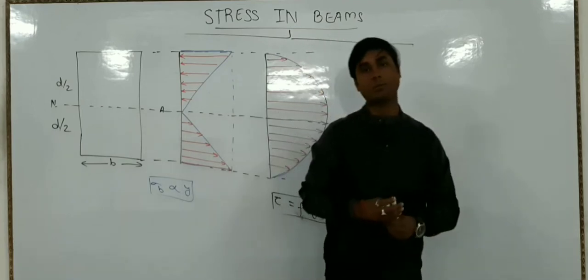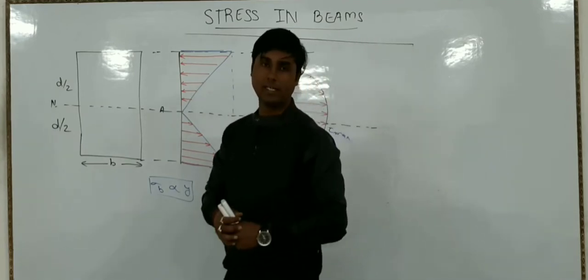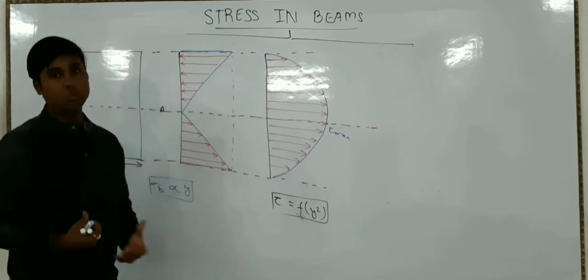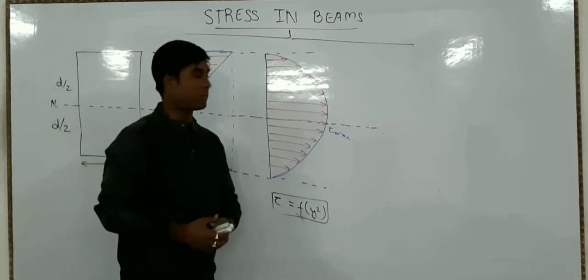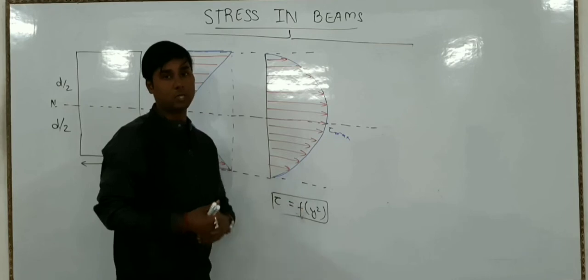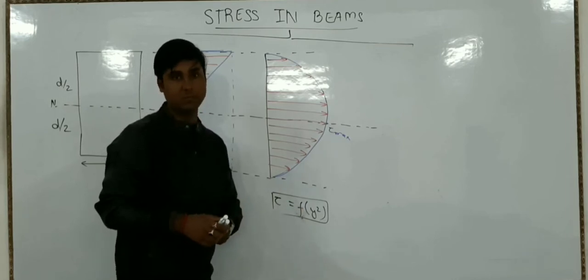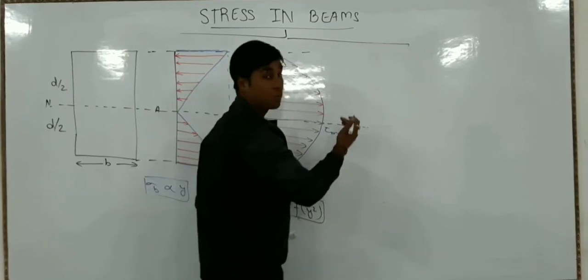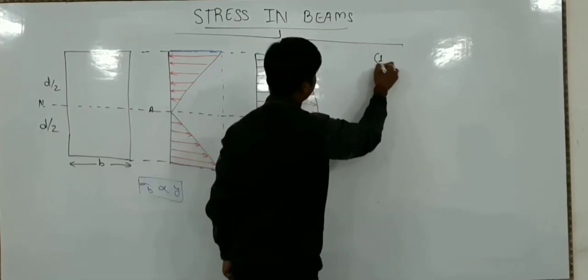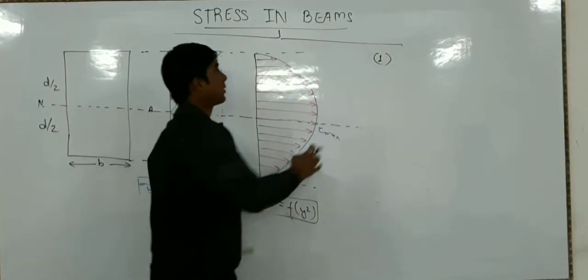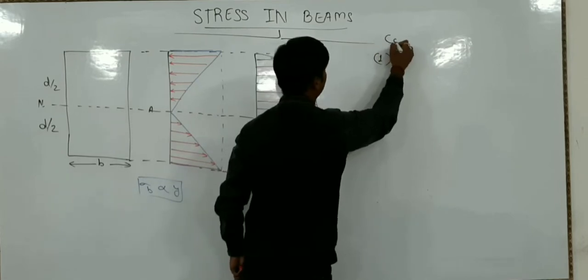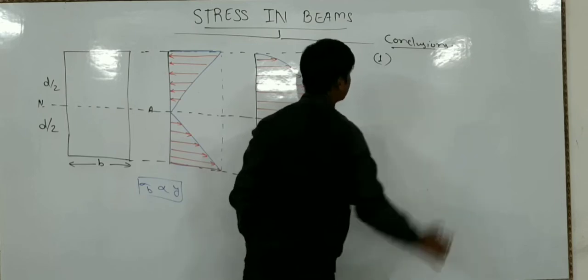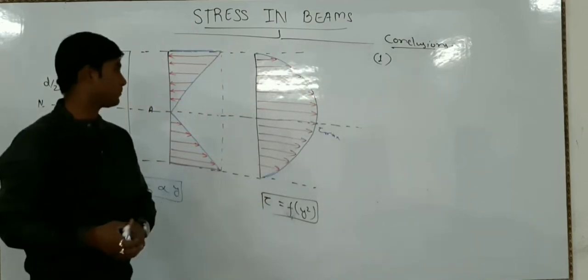Now the significant, remarkable points which I need to discuss from these two curves. There are some conclusions which we need to draw from here. What are those conclusions? Let me be very specific with that. So there are some conclusions which we need to draw from here. First one, the first conclusion is that